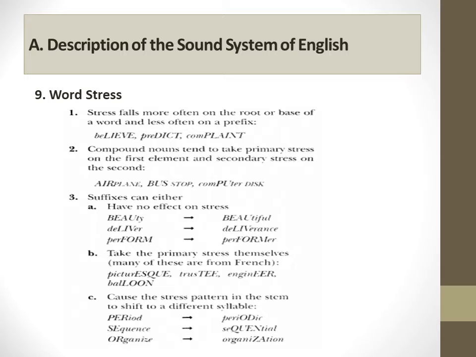Description of the sound system of English. 9. Word stress. 1. Stress falls more often on the root or basis of a word and less often on a prefix. Believe, predict, complain. 2. Compound nouns tend to take primary stress on the first element and secondary stress on